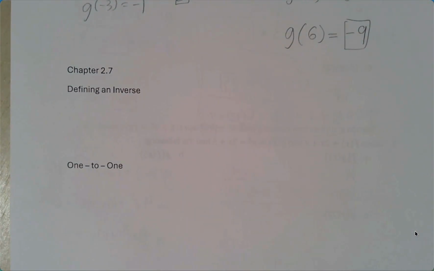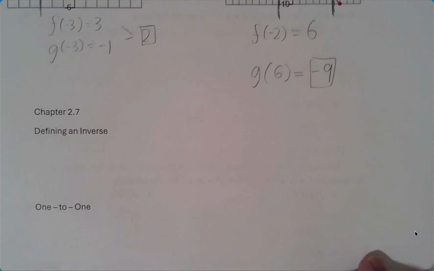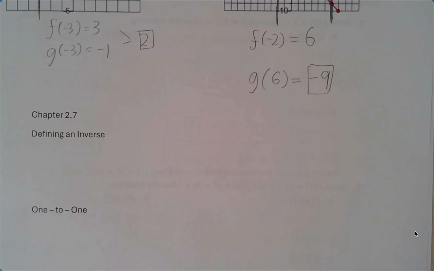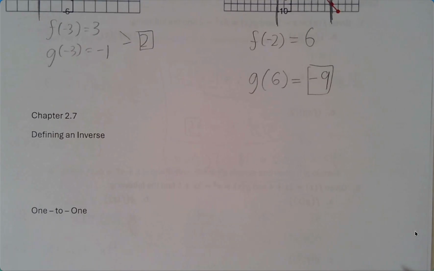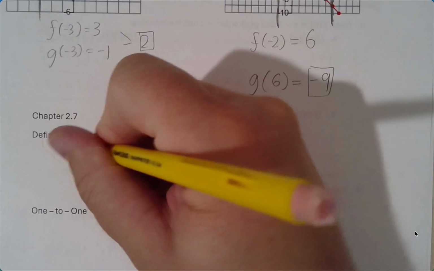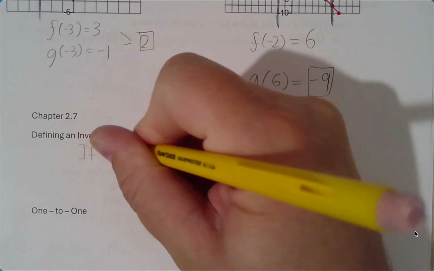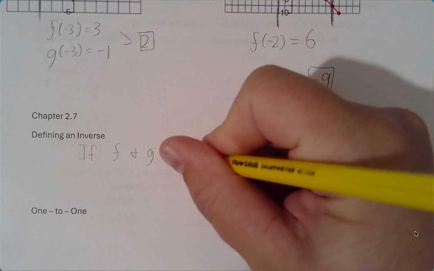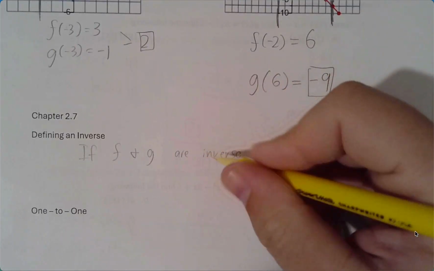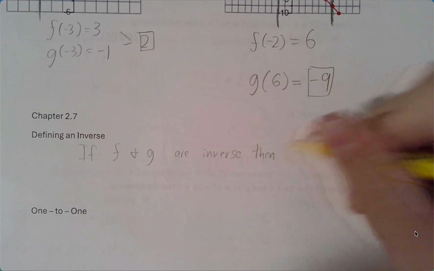Now we have 2.7. So the idea is we need to talk about inverse functions. Well, an inverse function is a special thing. It's really, well, actually, let's just define it. We'll say if f and g are inverse, then